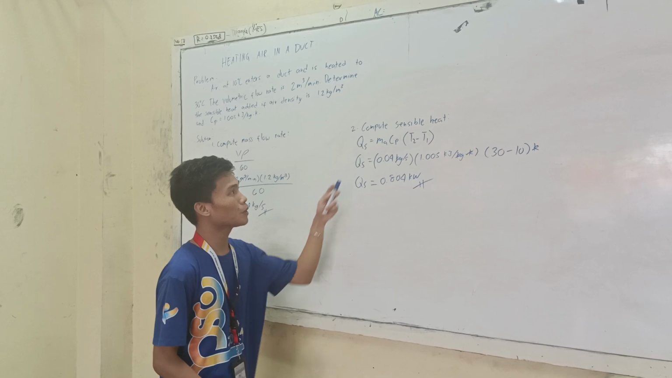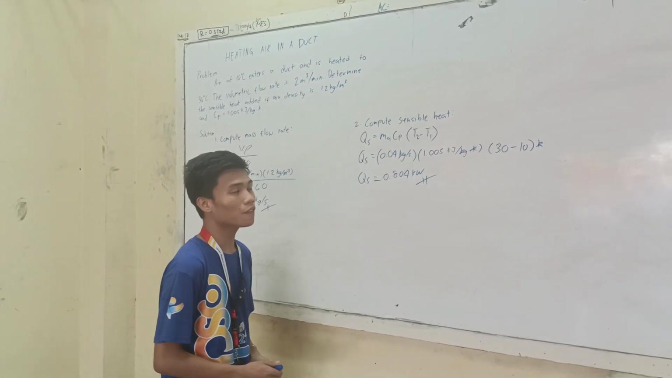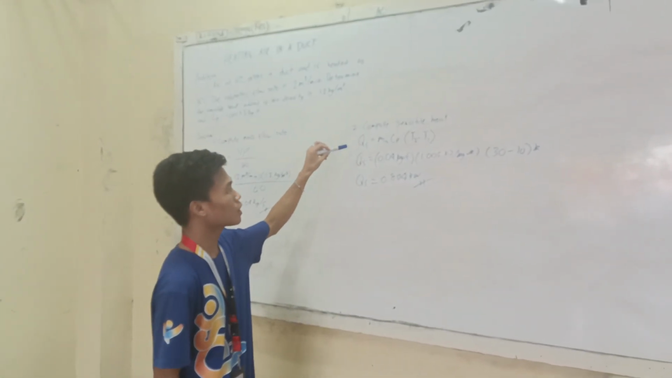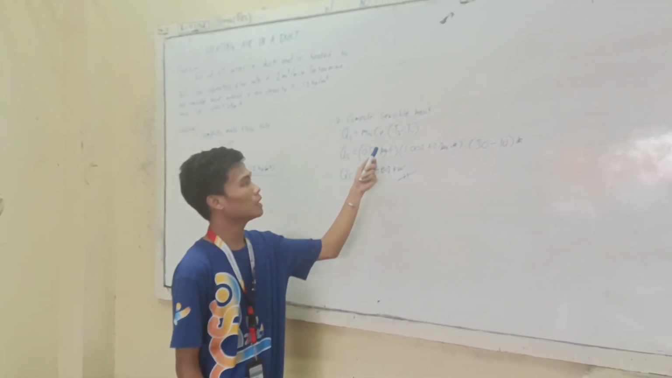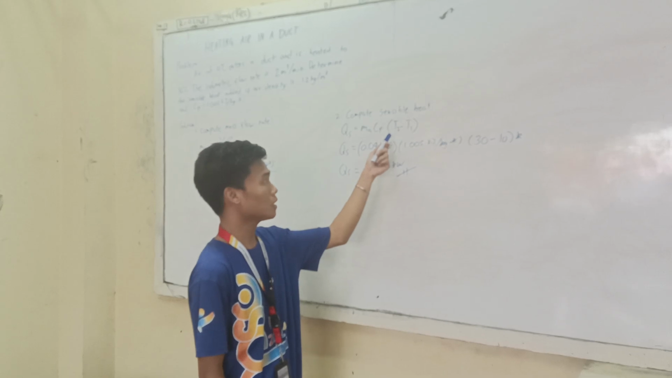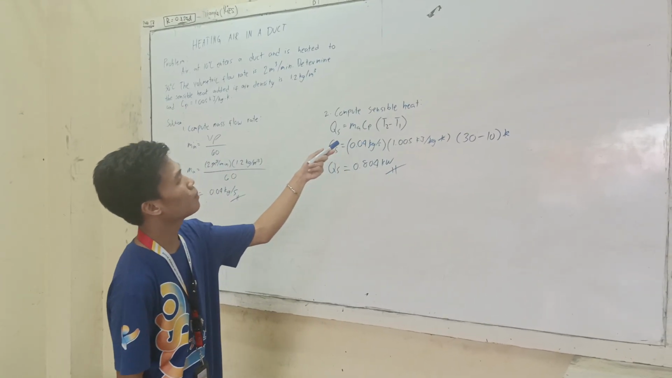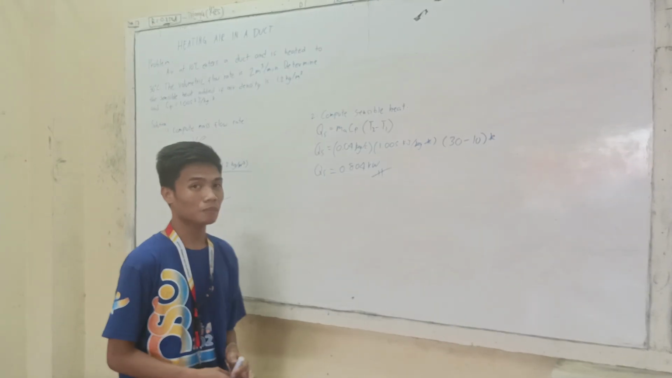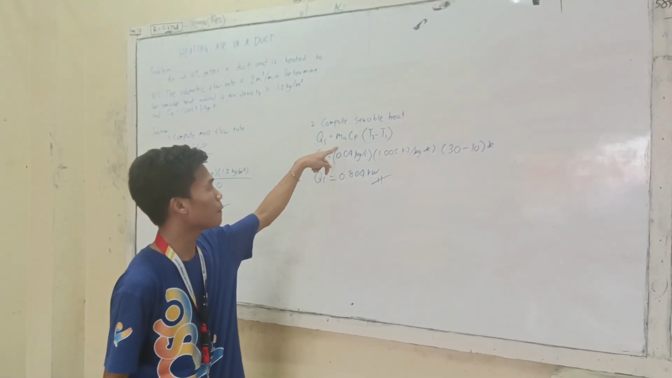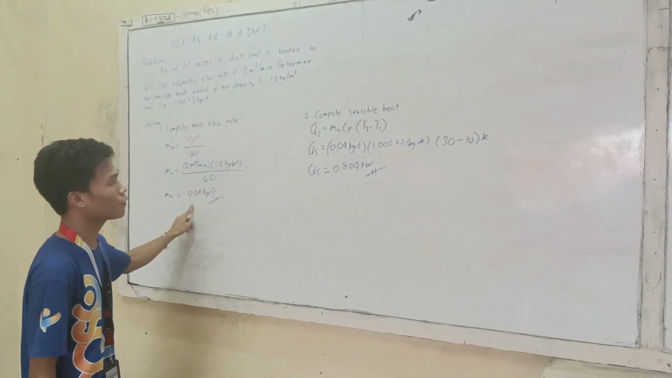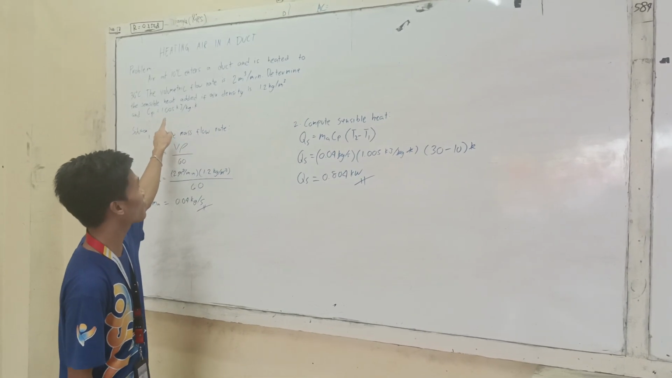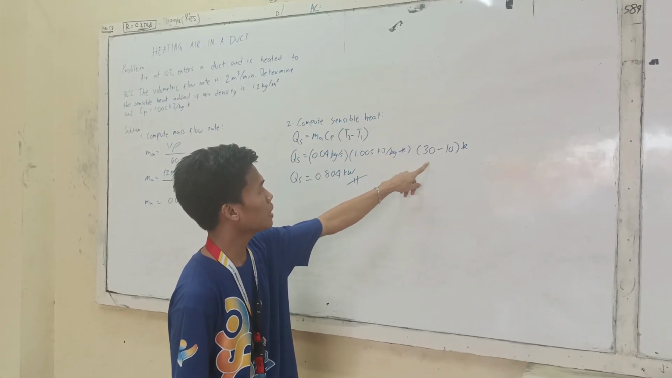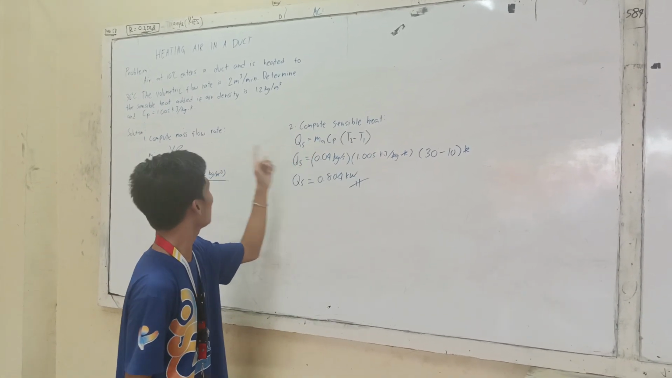Next, we will compute now the sensible heat. The formula for sensible heat is Q sub S is equal to M sub A times Cp multiplied by the temperature 2 minus temperature 1. So by just substituting, the value of our M sub A is 0.044, then the value of our Cp is 1.005, and the temperature 2 is 30 minus the temperature 1